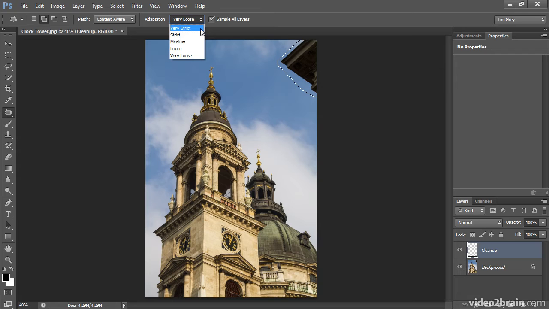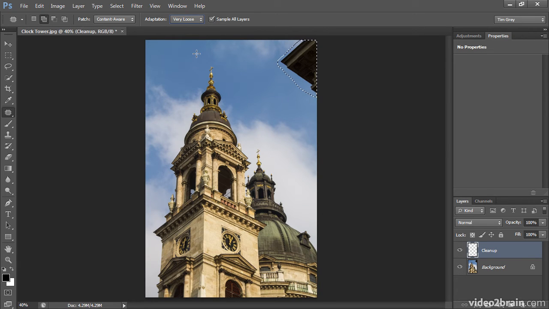The idea is that we can either retain the overall shape and texture of the area we're using as source pixels for our cleanup, or we can be loose. In other words, allow Photoshop to manipulate that area significantly in order to better blend it into the surroundings. In most cases, I use the very loose option, but if I'm replacing an area where there's a significant amount of texture, then I might need to use one of the other options. I'll illustrate the differences there in just a moment, but first let's just apply a basic cleanup using the very